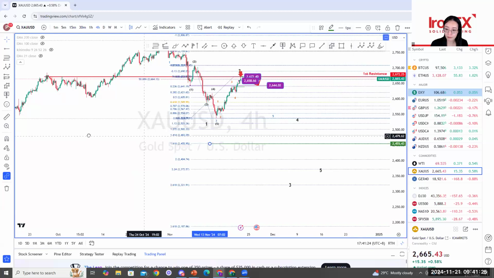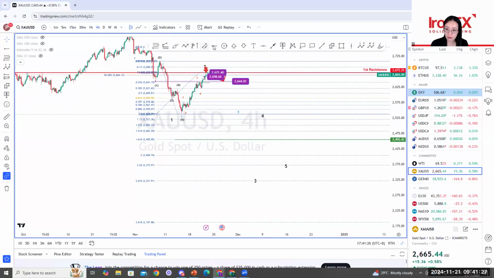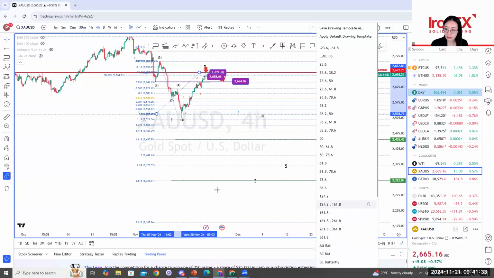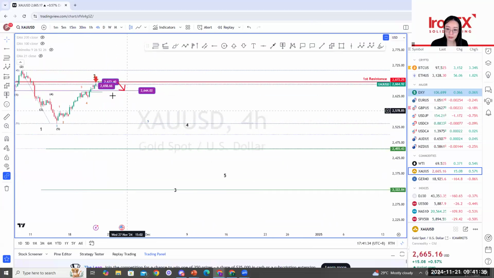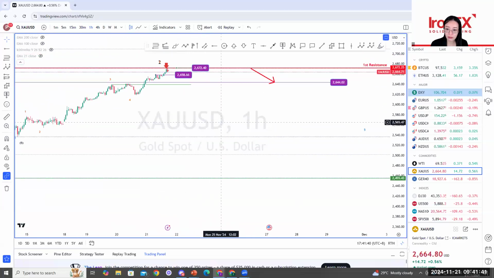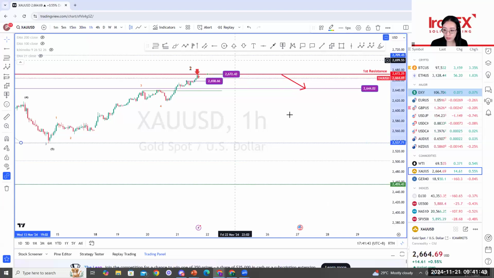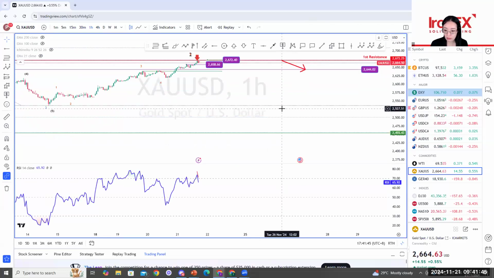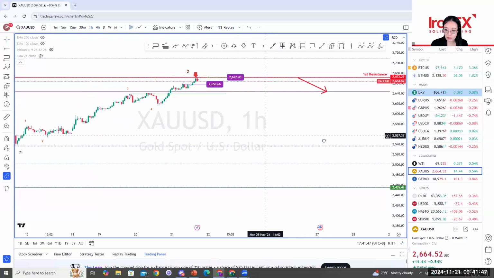Okay, and the next one for the extension wave 161.8. So I may just leave it like that. Okay, but this is the zone that we sell, right? Okay, so for you guys to see, lovely. I think H1 may have a divergence as well. Not yet, but we have the divergence in